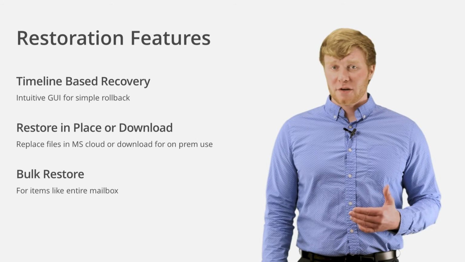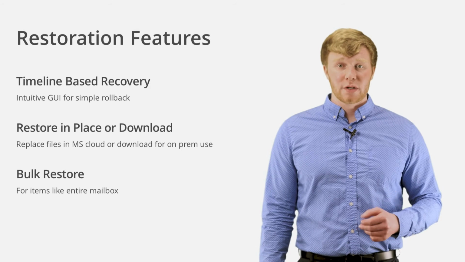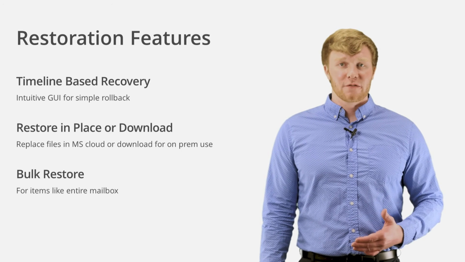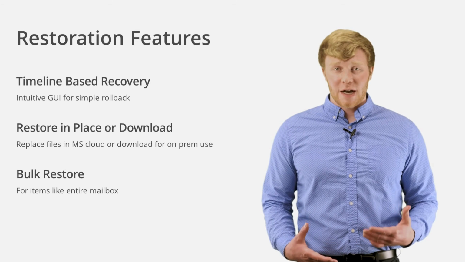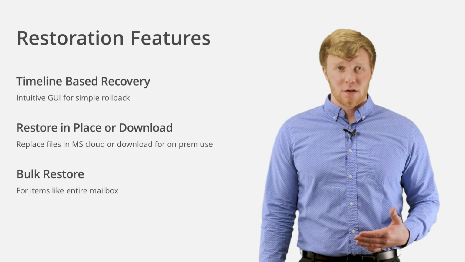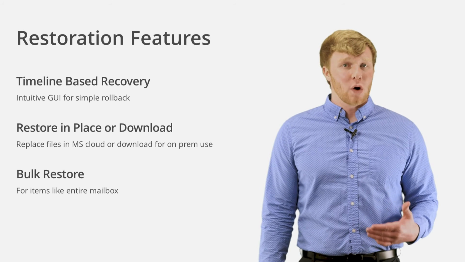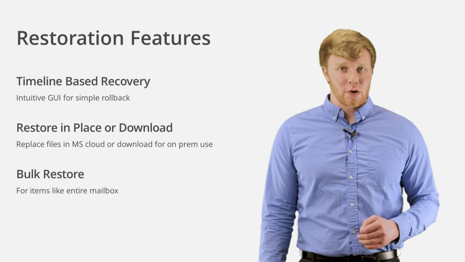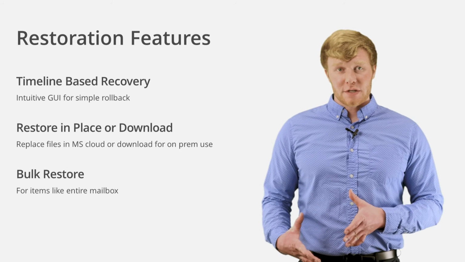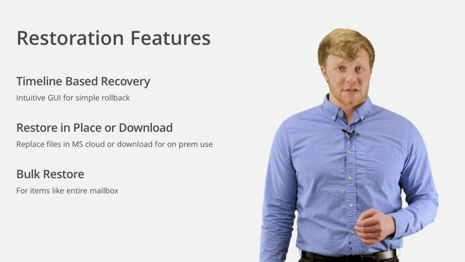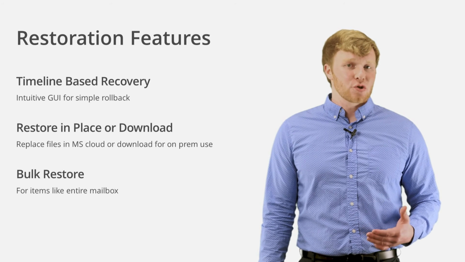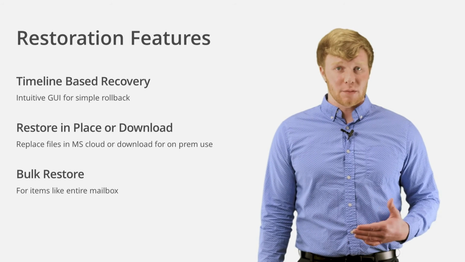The Active Backup for Microsoft 365 timeline has an intuitive user interface that makes it easy for anyone to find and retrieve their data. They can scroll along a timeline at the bottom of the screen to see what their mail, contacts, calendar, and OneDrive files looked like at a particular point in time. Once the user has found the file that they need, they can restore it back to its original location in Microsoft 365, or download it straight to the PC that they are using when accessing the portal.